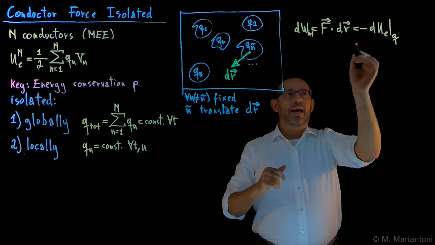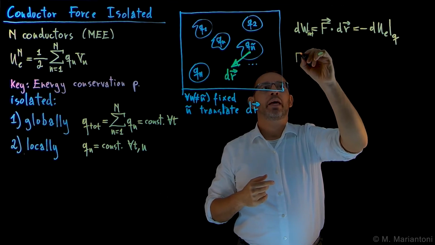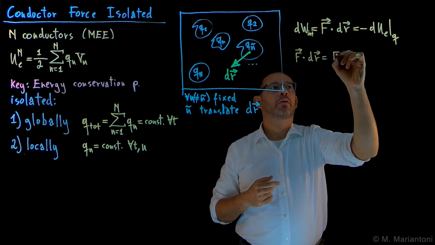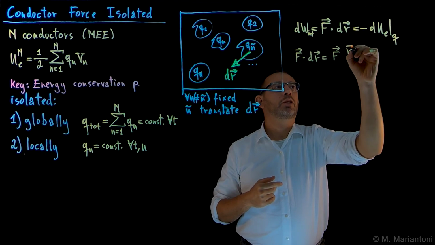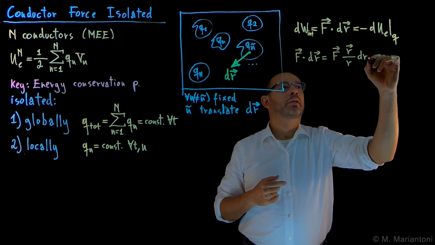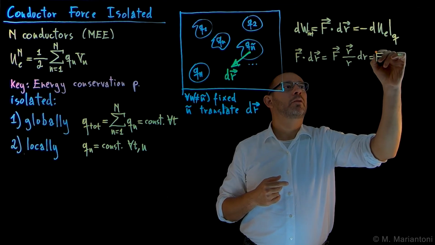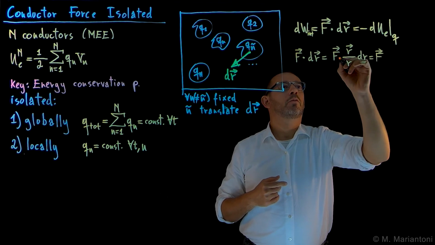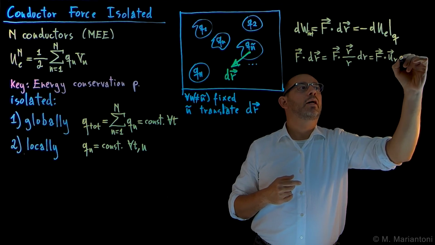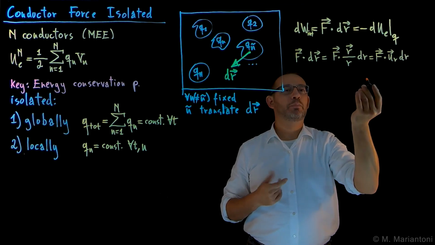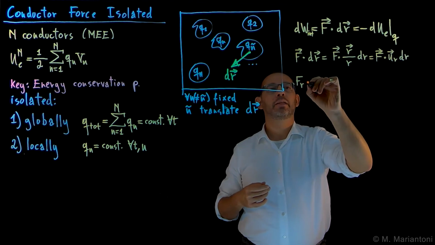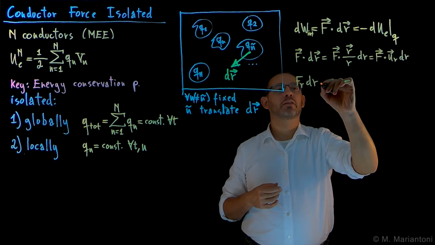So now, what is F dot dr? Of course, F dot dr, we can rewrite as F dotted with r vector divided by small r, which is ur, times dr amplitude. This eventually is nothing but F dotted with ur, dr, so this quantity is the projection along the r-axis, and so we get the r component of F times dr, the result of this dot product obviously,